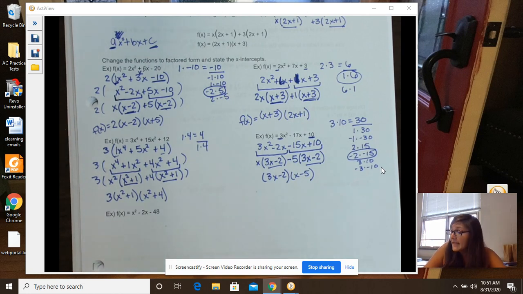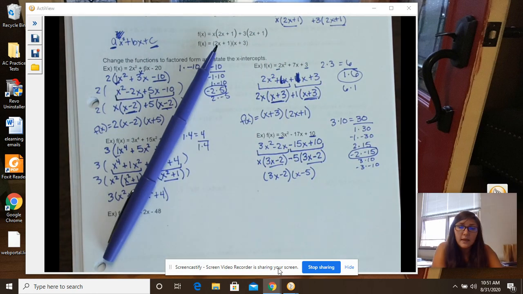So we looked at factoring by grouping and then factoring using the AC method, which is actually just kind of a sneaky way to rewrite a problem so you can factor by grouping. Okay, so those are